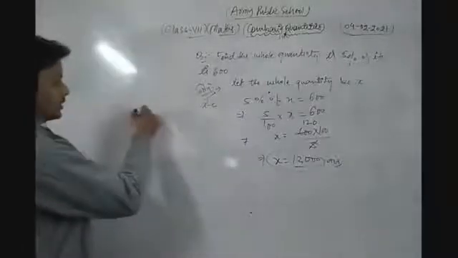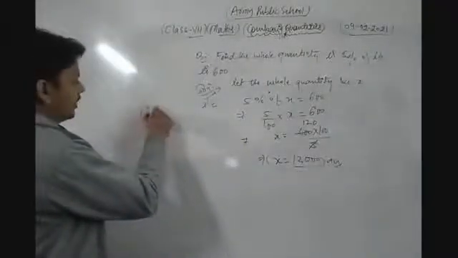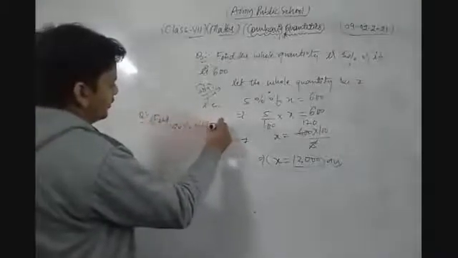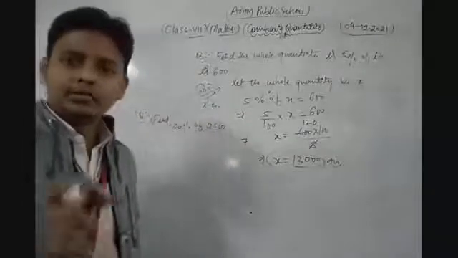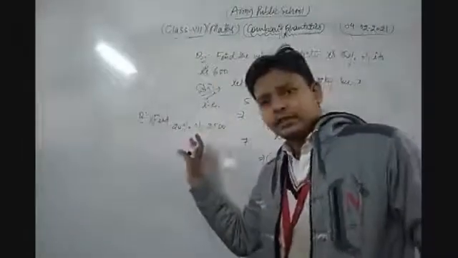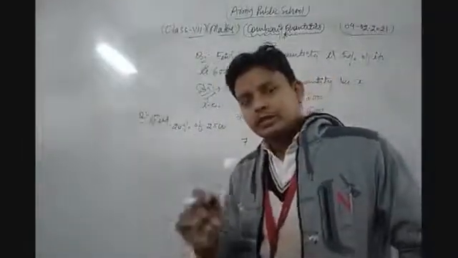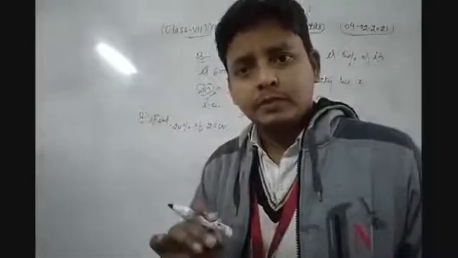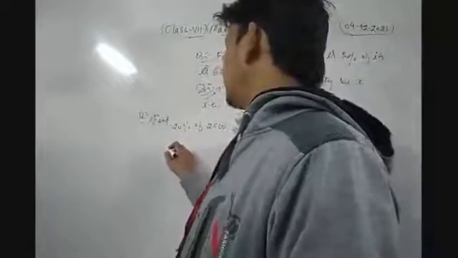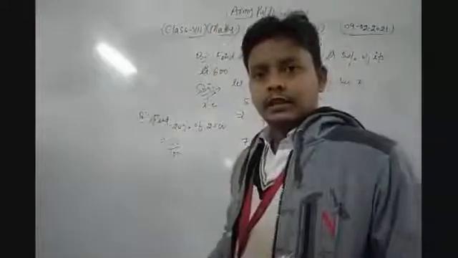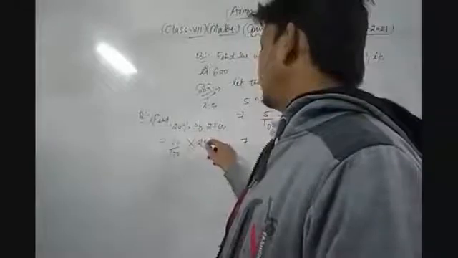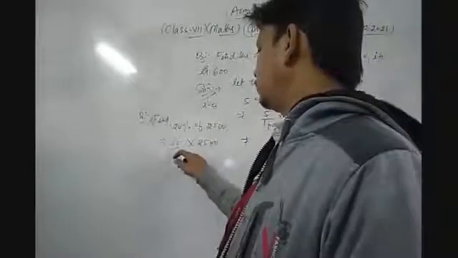Suppose I ask you the question, find 20% of 2500. This is the question. What is the concept of "of" in percentage? Dear student, the concept of "of" in percentage is just the symbol of multiplication. So here 20% means 20 upon 100, and "of" means multiply, 2500.